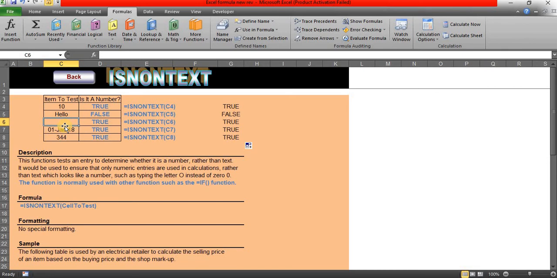Sorry, it's non-text, right? So whatever the values are non-text, it will display the value as true. Here only the fifth row is text, so it displays as false. Here I can add one more value. At this time, here also, whatever the values are non-text, it displays as true.